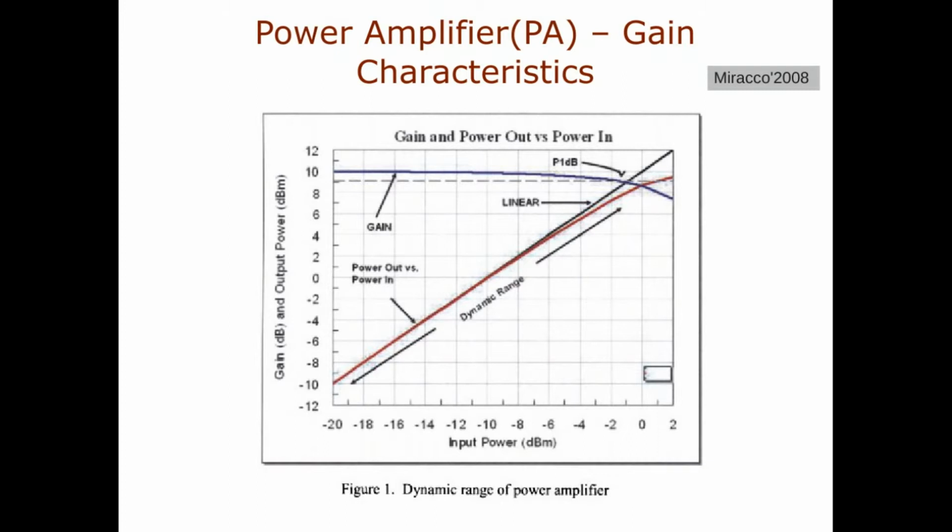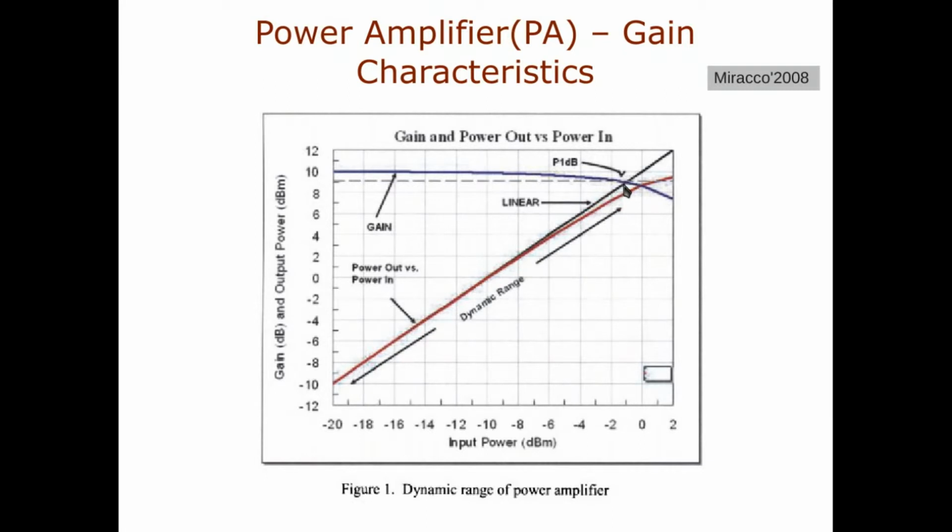What it says is that this gain characteristic should ideally be a straight line, which is 45 degrees, or according to the gain that it should give you. If I plot this in dB, I should get a smooth constant line, so that means the gain should be a constant one